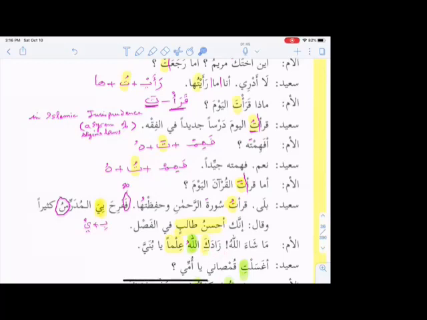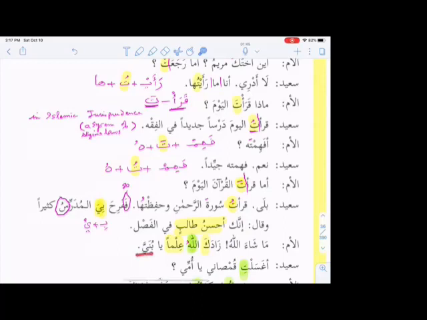Okay, where is the fa'il? I'm looking for the fa'il. Allahu. Zadakallahu. Fi'l, mafulun bihi, and fa'il. See, now if the pronoun comes, it has to be attached. We cannot say zada Allahu ka. So ka has to be attached with a verb. So zada is a verb, and this is mafulun bihi, mansub. Allahu is the fa'il. Ilman, so this is mafulun bihi number 1, ilman mafulun bihi number 2. And this is a dua.